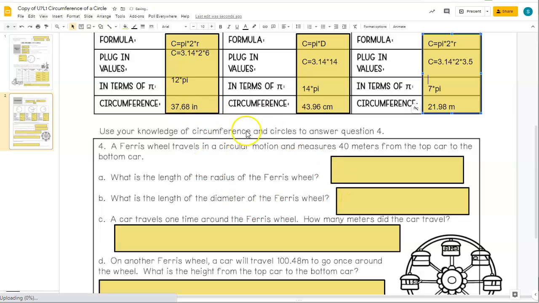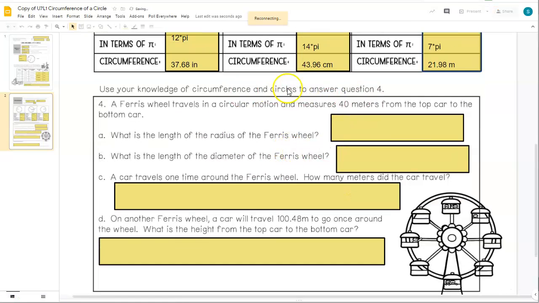Now let's look at this situation here. We're going to try to use our vocabulary correctly. So a Ferris wheel, and here's our Ferris wheel, travels in a circular motion, so you go around and around sort of like this, and measures 40 meters from the top car to the bottom car. So if we draw that line in,